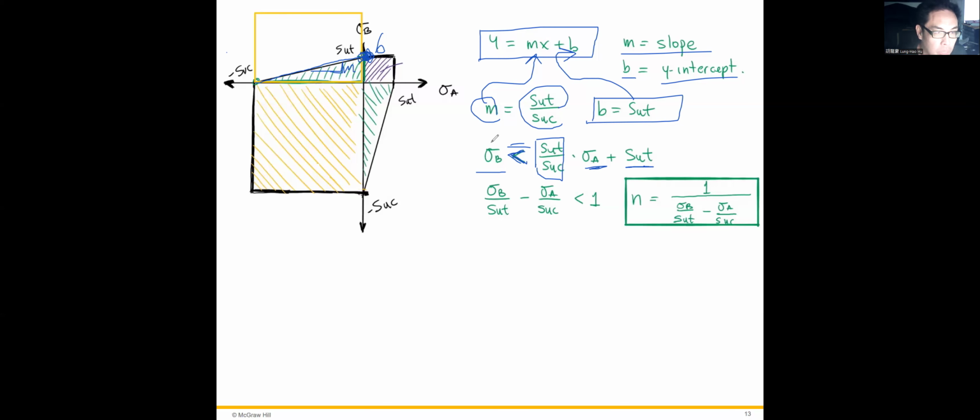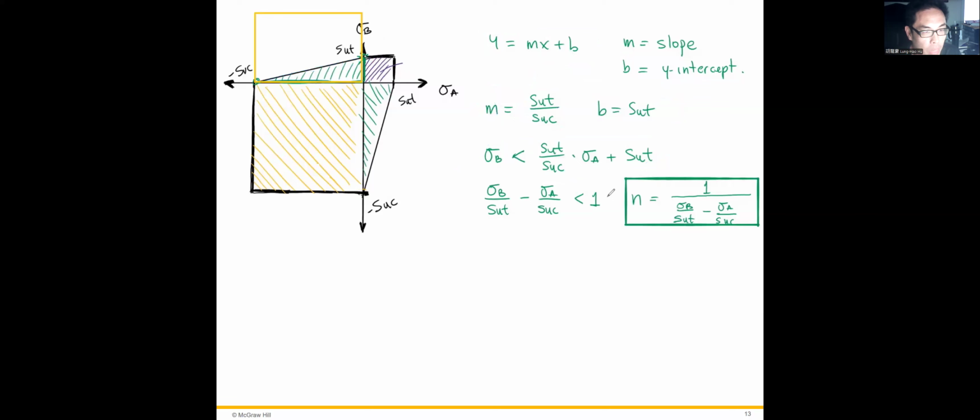Then we make some rearrangement of this equation, multiplying by S_UC on both sides, and we get the final form of the Coulomb-Mohr criteria. Then we define the safety factor equals to,